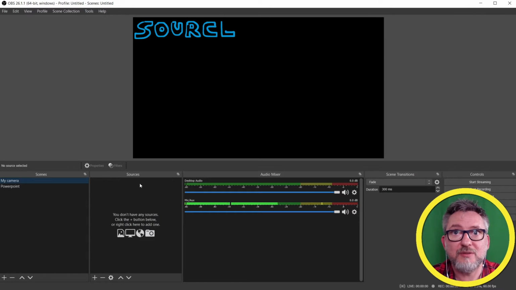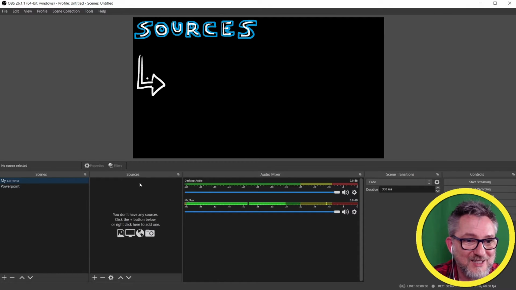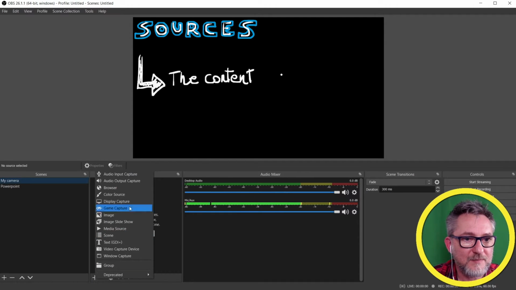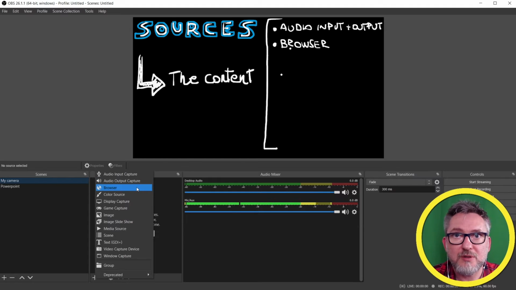Sources are the content of OBS, and you can find those in the second tab. Let's see what kind of sources we have. Click on plus, and there are many types, as you can see, but we will only focus on those that are of interest to us. You have audio input and output, a browser where you can indicate a link to OBS and OBS